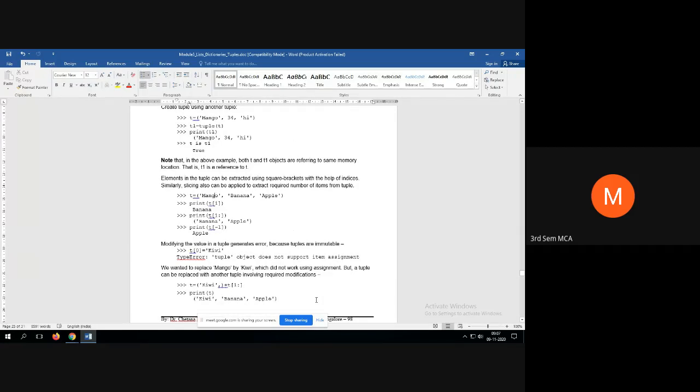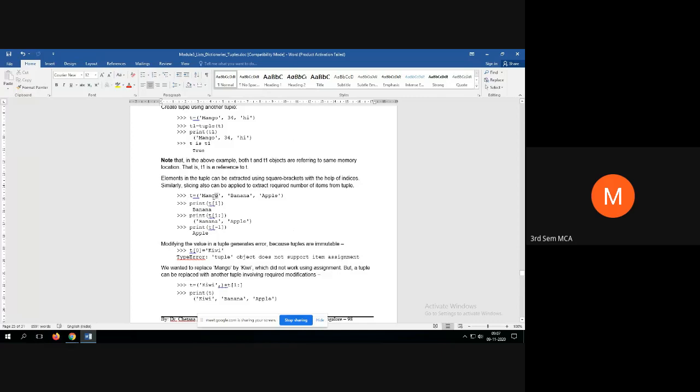Then how to modify the value? As I told, the contents of a tuple are immutable, whereas the contents of a list are mutable. So if you make any attempt to modify the contents, it will result in an error. Look at here, modifying the value in a tuple generates an error because tuples are immutable. Now instead of mango, I want to insert kiwi.